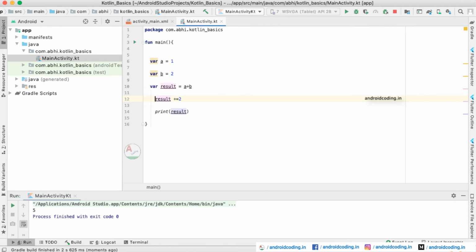What we are doing is considering the result: 1 plus 2 is saved in the result, and here we are adding 2 to the result and printing it, getting 5. It is the same with all arithmetic operators, like we can do minus 2. So 1 plus 2 is 3, minus 2 is 1.